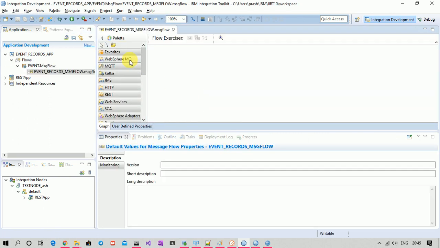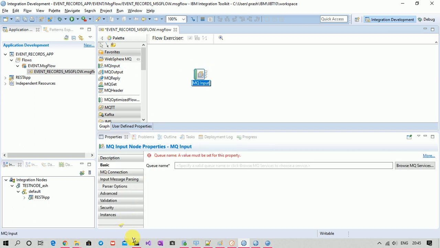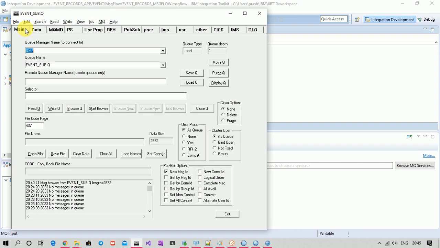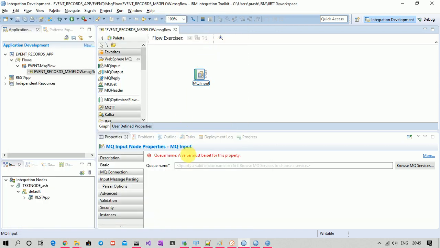Input will be MQ input, and the input queue will be this subscriber queue, so that this message will be processed from here and inserted into the database.